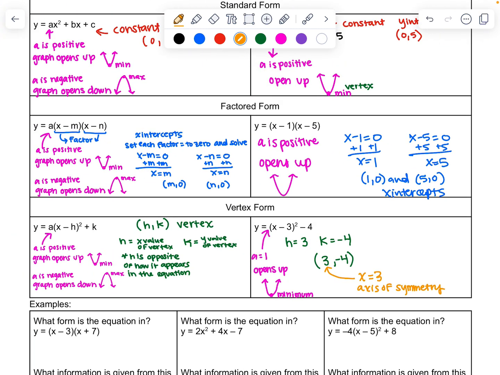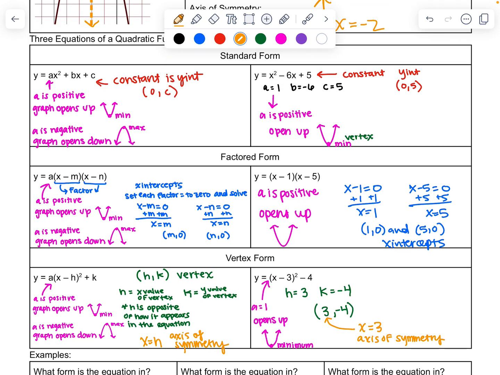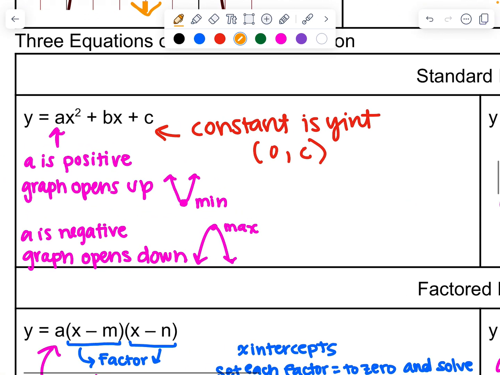To leave ourselves a general note, x equals h is the axis of symmetry. Whatever your x value is, that equation is going to be the axis of symmetry. The other place we could find an axis of symmetry is using a little mini formula that we wrote on the front when we talked about axis of symmetry, but you have to have standard form to fill it out. So that formula was x equals